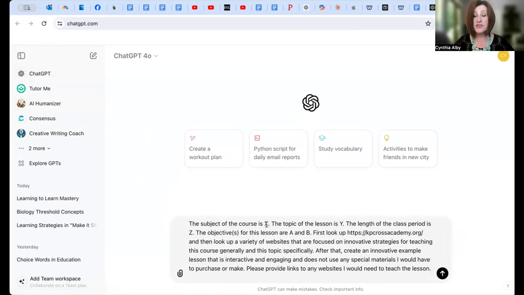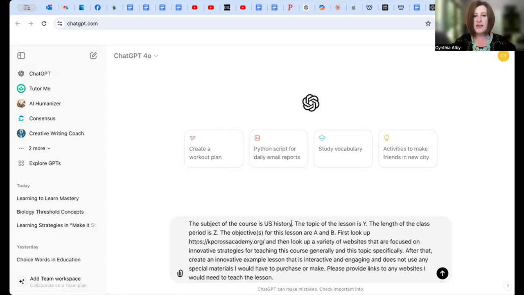The subject of this course is, let's say it's U.S. history. And the topic of the lesson is the American Revolution. The length of this class period is